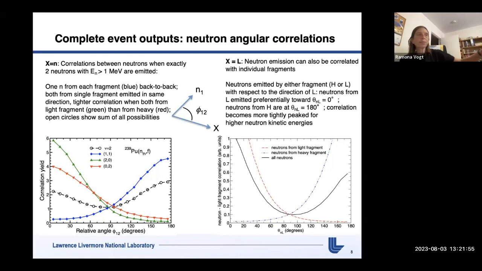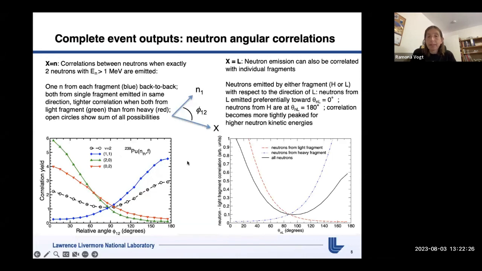And so the neutron gets dragged along with it. That's called kinematic boosting, focusing. So if you have 1 neutron emitted from each fragment, then they're going to be basically moving in opposite directions. And that's what makes this 180-degree peak over here. And if both of them come from the same fragment, you're going to get a peak at 0 degrees. And the light fragment peak will be slightly higher than the heavy fragment peak, just because there's a difference in